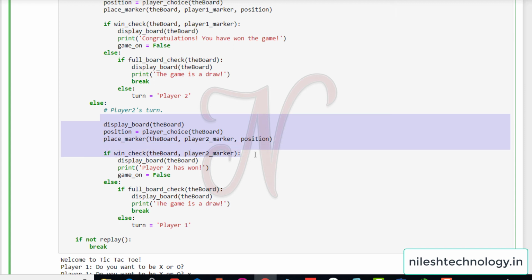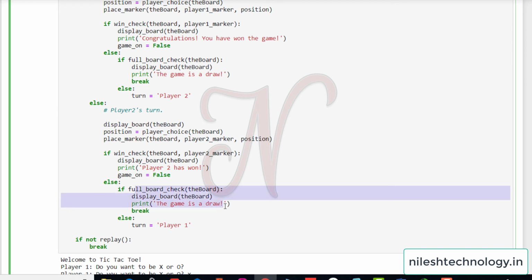Check if the second player has won the game. If so, print this message, player 2 has won, and set game on equal to false. Else check if the board is full. If it is full, then the game is a draw. Otherwise turn equals player 1 again.